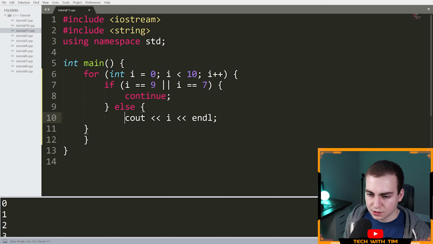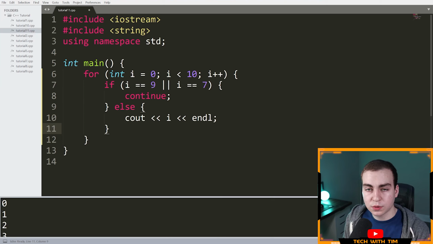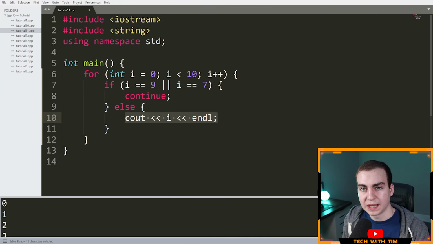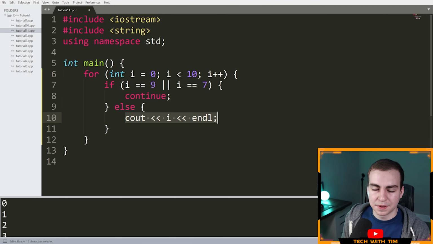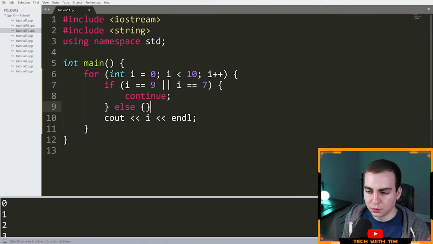And then in the else, you could print this out. So only if I is not equal to 9 or not equal to 7 are you doing this, right? That would work. But that just doesn't really make much sense. So what a lot of people would do is they would say, okay, well, instead of doing that, I'm going